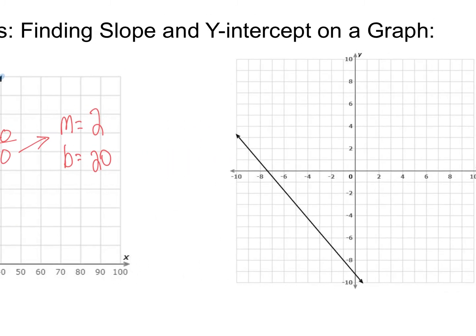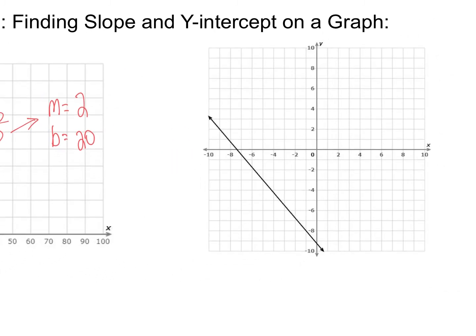All right. And then on the other one, when you did the other one, hopefully you got... I don't remember the answer to this one, so we're going to have to work it real quick because I don't remember what it was. Anyway, I know the B is negative 9 because I can see that. But let's see what the M is. For the M, you should have gotten